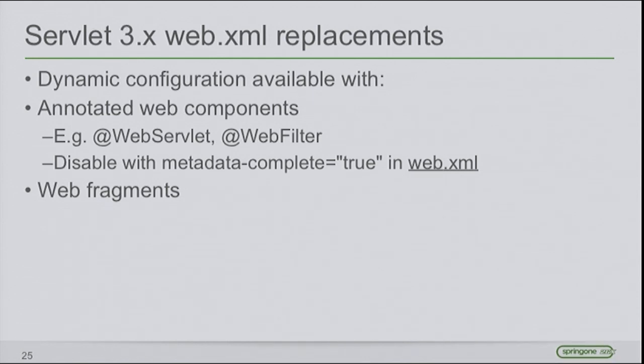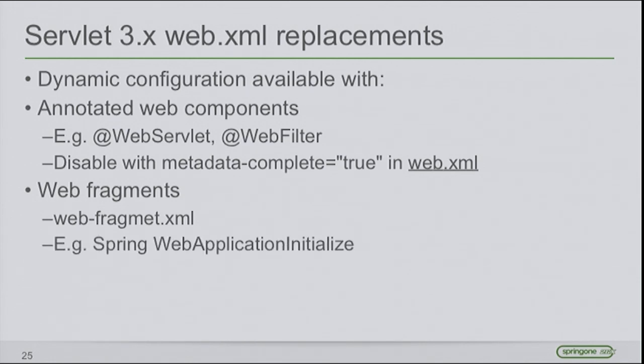But then we have the second one, and that is called the web fragment, and that's a nasty one. A web fragment is a separate jar file in your lib directory, and that jar file has a web fragment.xml file. And that web fragment XML file tells your container, hey, I'm a web component, a web fragment. I want to be added to your servlet configuration.